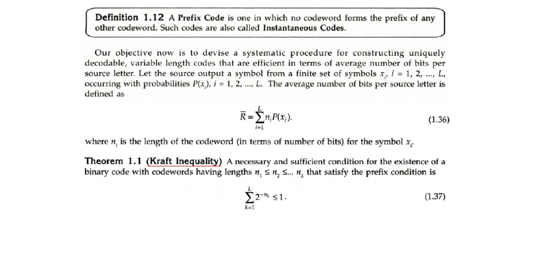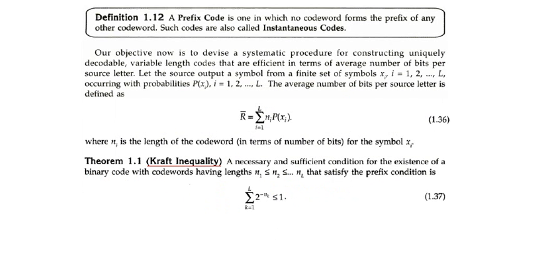So if I sum 2 power of minus nk for all code words, the summation should be less than or equal to 1. We will see one example, then we can conclude. So if any code is satisfying Kraft inequality, such code can be used for variable length coding. If a code does not satisfy both the prefix condition as well as Kraft inequality, we cannot use that code for variable length coding. By the use of such unsatisfied codes, we cannot decode properly the original message.